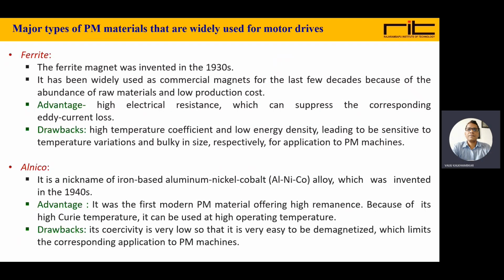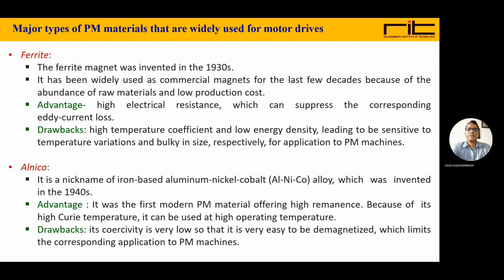The major types of permanent magnet material which are widely used for electric drives. We'll discuss these materials. The first material is the ferrite material. Ferrite magnet was invented earlier, in the 1930s. It has been widely used as commercial magnets for the last few decades because of the abundance of raw materials and low production cost. The advantage of ferrite material is high electrical resistance, which can suppress the corresponding eddy current